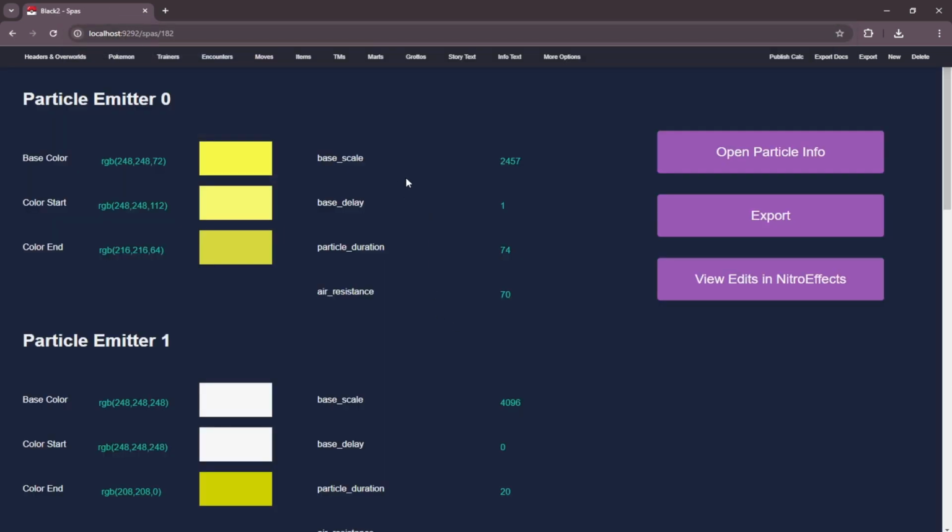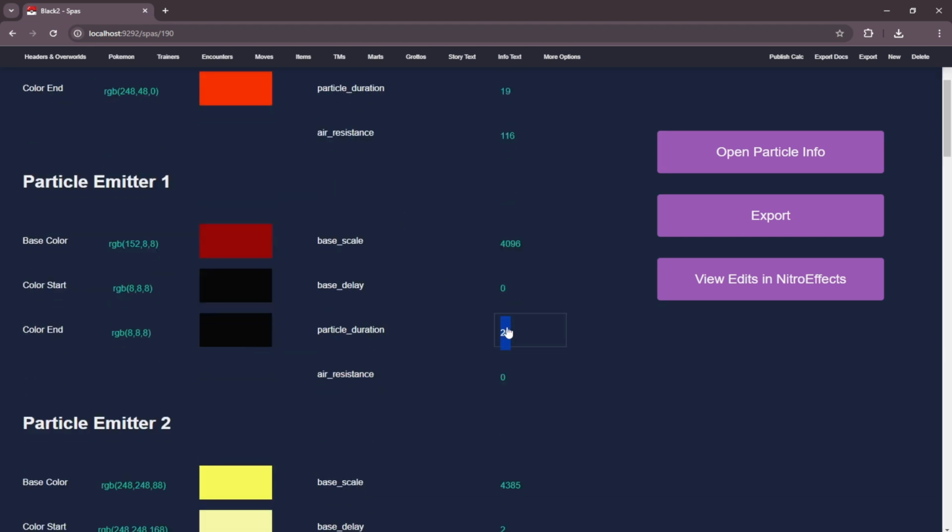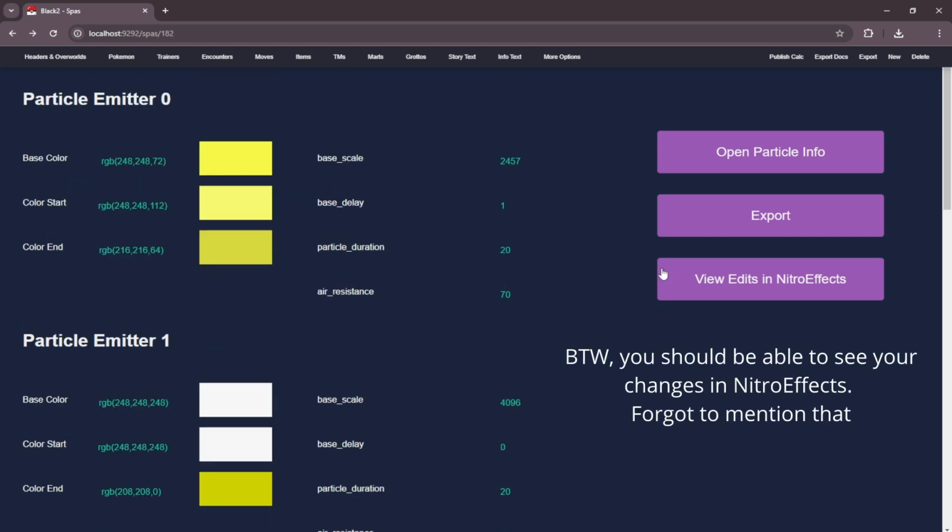Here you'll be able to edit a bunch of things. You can edit the color, I can show you right now. You can edit the color of the move to be a slightly different color. You can edit stuff like the base scale, the air resistance. But what we're here for is to edit the particle duration, which is right here. The particle duration is 74, we want to change it. Let's change it to what the particle duration is for the foot animation, which, as you can see, is 20. Alright, so now we're going to export the SPA